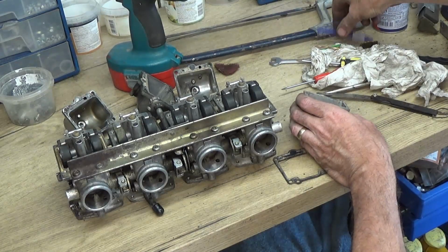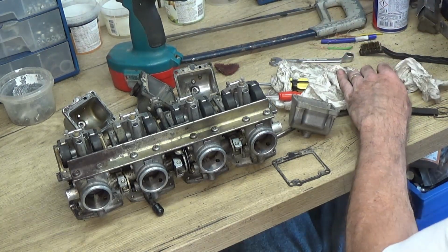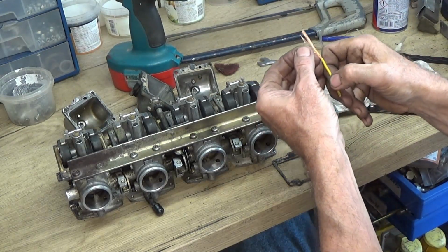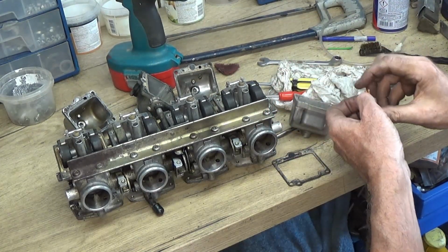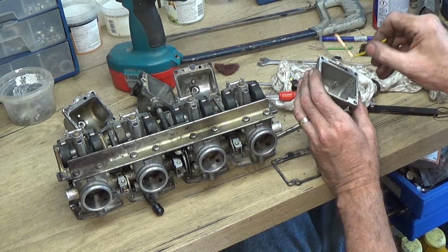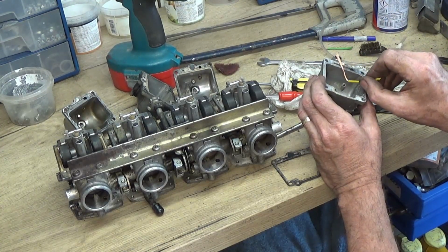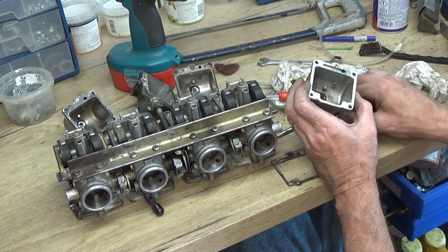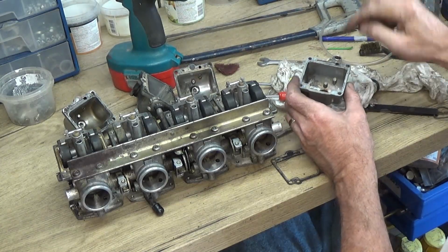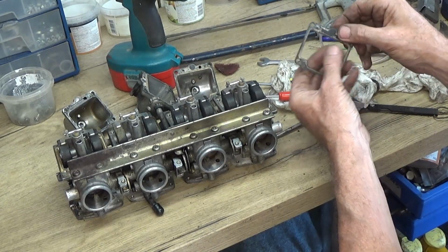But what I tend to use is this part of my carb cleaning kit. A little bit of copper wire. If you get a strand of that, and just try pushing it down to the bottom, you can scrape the sides, going through that one, and just check all of that, clean it out. So I'll be doing it a bit more, and also give these gaskets a good wash down,